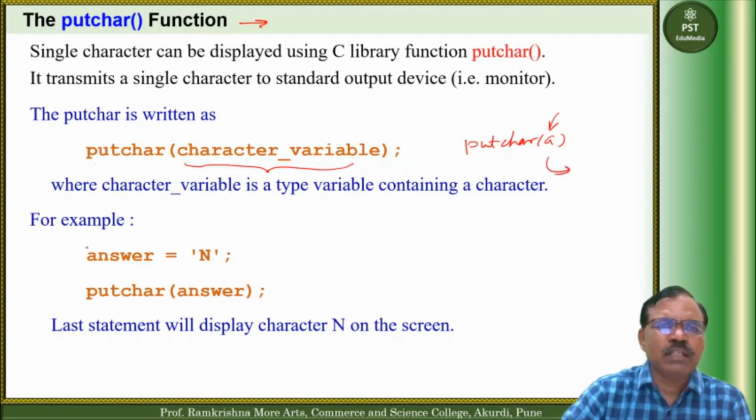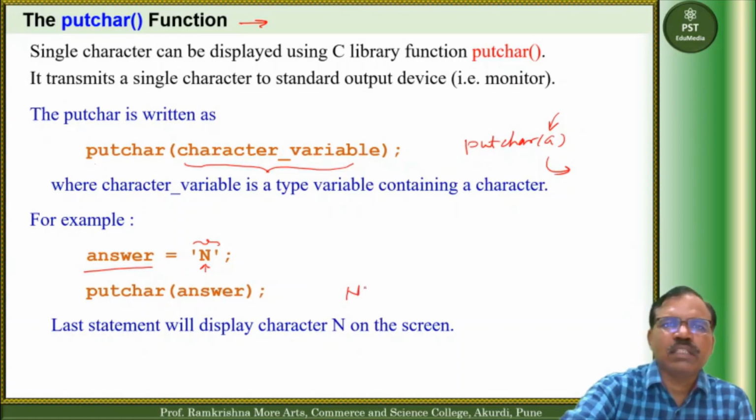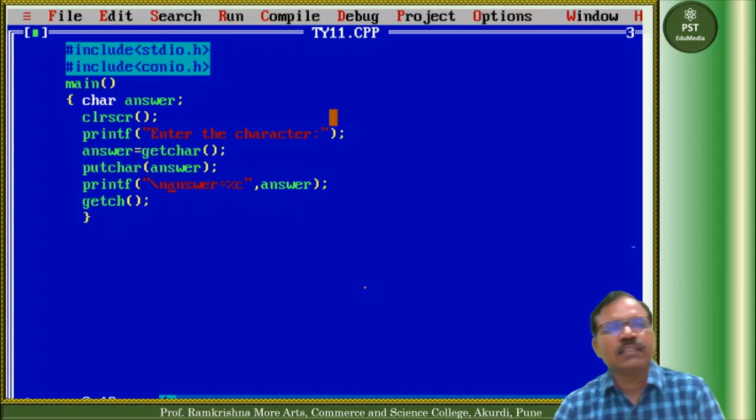For example, suppose answer is equal to single quote n. So what happens? n is a character, and this is a character type variable. So the value of answer is n. So if we use the putChar function, putChar answer, then n is printed on the screen. n is printed on the screen. So if we see a simple example here,